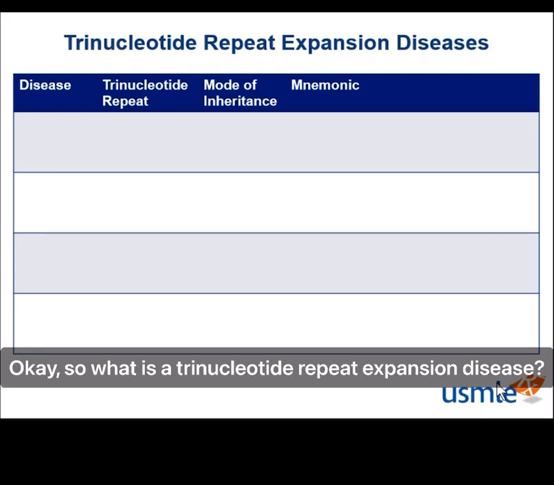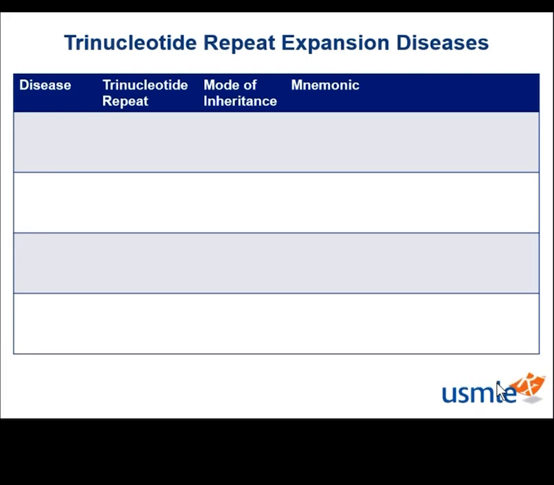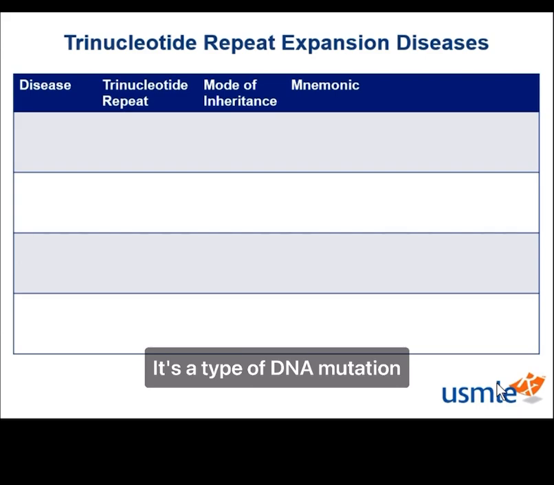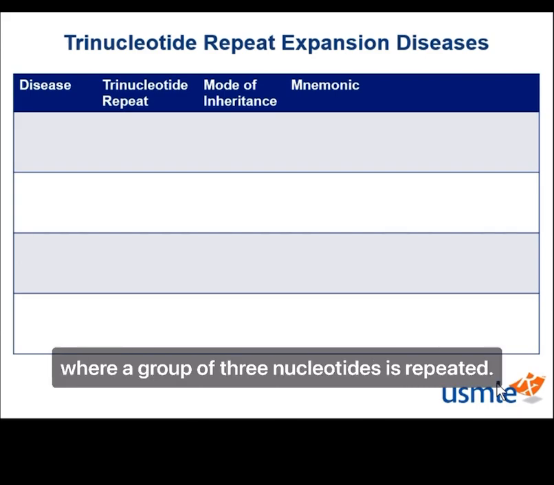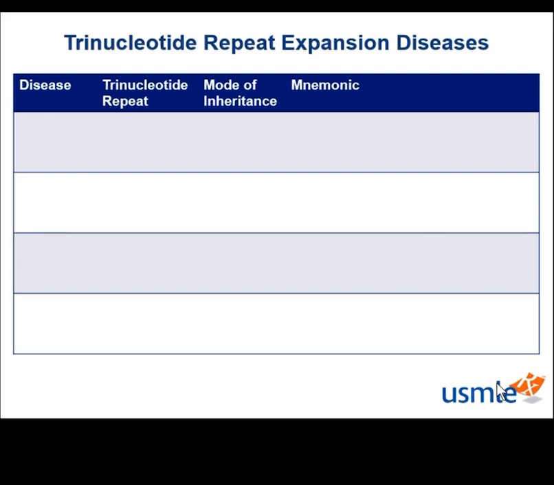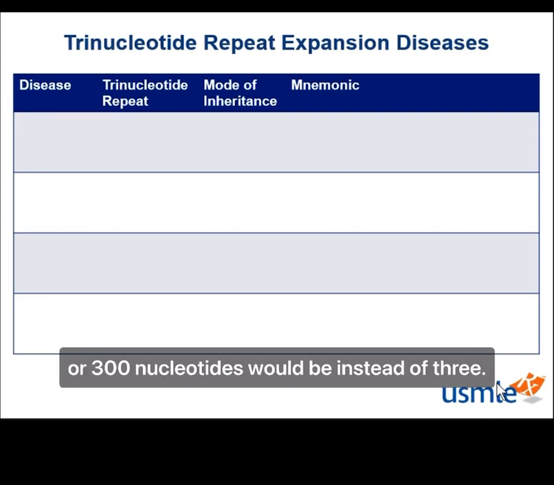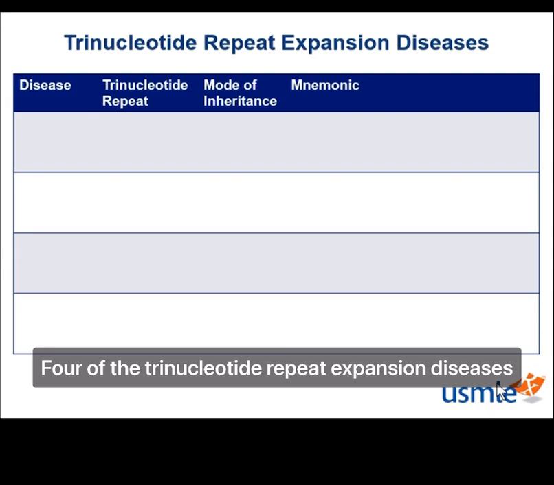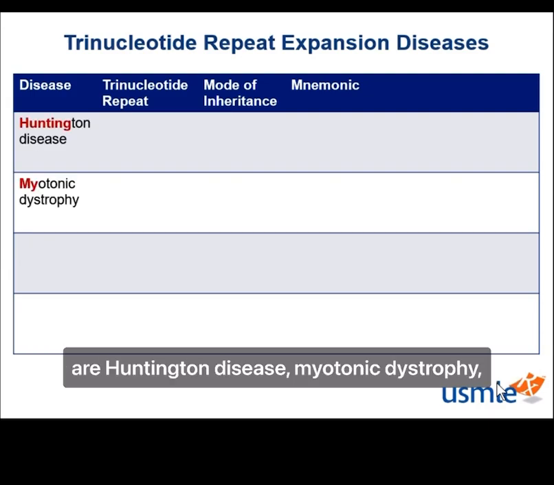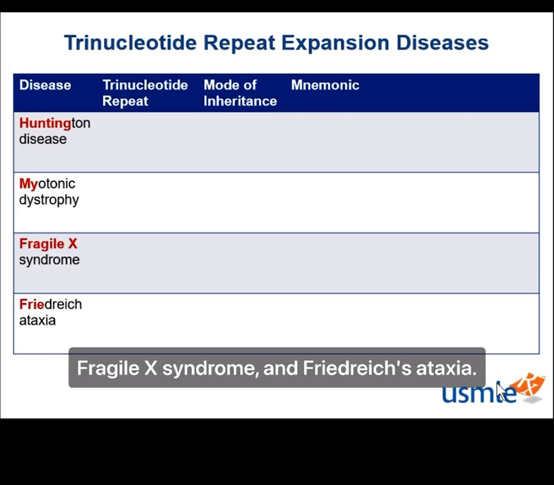Okay, so what is a trinucleotide repeat expansion disease? It's a type of DNA mutation where a group of 3 nucleotides is repeated. You can imagine what kind of chaos having 30 nucleotides would be instead of 3, or 300 nucleotides would be instead of 3. 4 of the trinucleotide repeat expansion diseases are Huntington disease, myotonic dystrophy, Fragile X syndrome, and Friedreich's